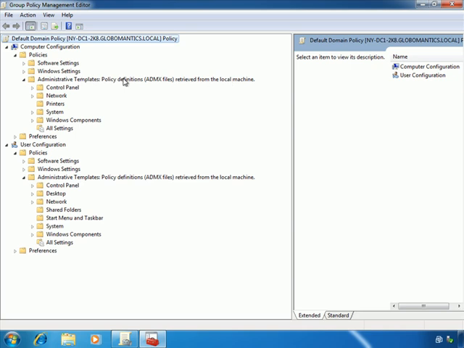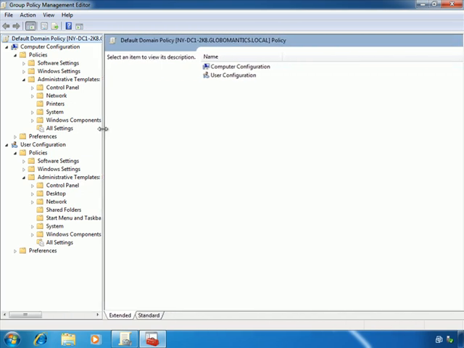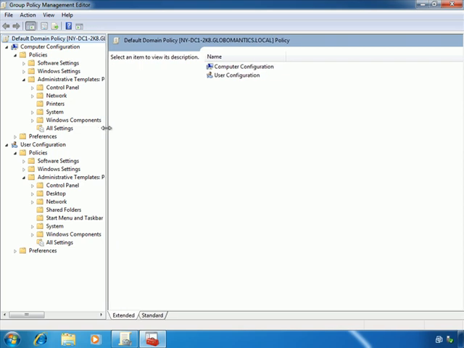Administrative templates, policy definitions, ADMX files retrieved from the local machine. We're not going to worry about that right now. I just want to show you what those words were in case you're wondering. We're just going to move this over here to administrative templates. Okay? Inside the administrative templates is where we will find